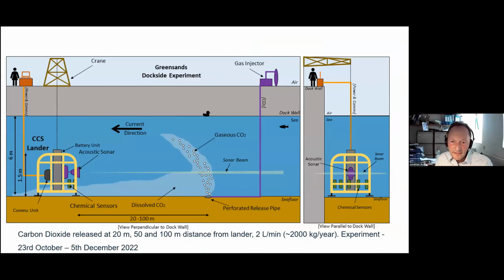Okay, so here's a picture of what we tested in December. Where my mouse is, we have the quayside. We have a crane, we put the lander down into the dock. We then had a gas cylinder, a pipe that led to the seabed with a perforation on the end, and then we released the CO2 bubbles into the water, and some of these dissolved and some moved up as